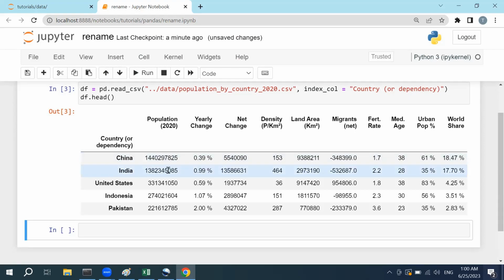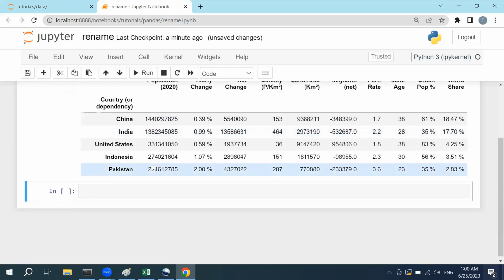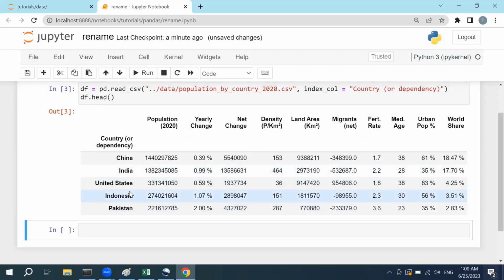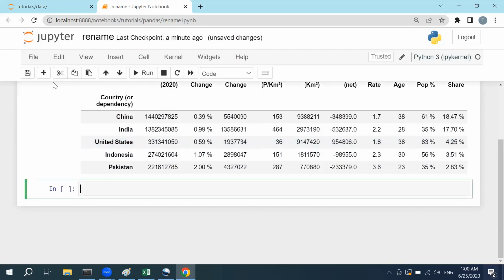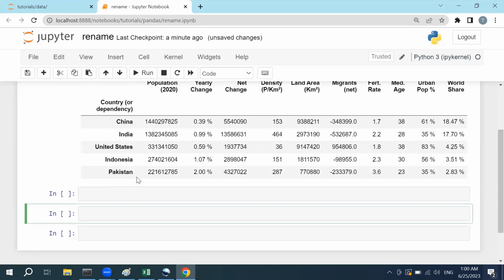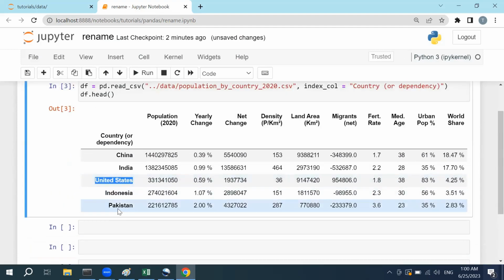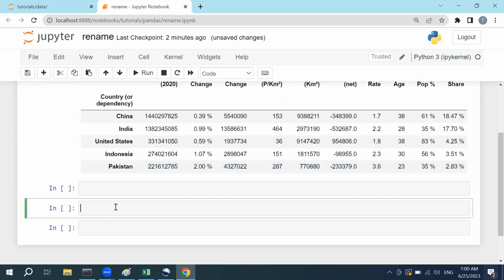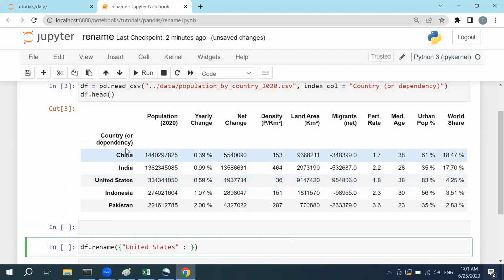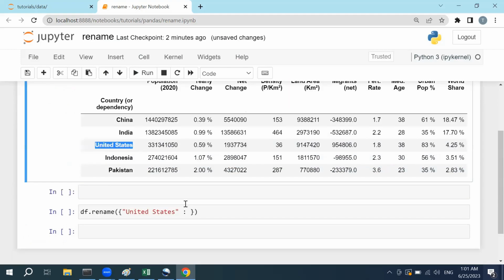We have set it as an index, and now I will try to change some of these existing label names from this index. Okay, with the help of what? Rename method. If I try to change United States and Pakistan, I will do df.rename. Then inside of the square brackets, I will type in the United States. This is the first key which is located inside of this index, like this one, United States, and